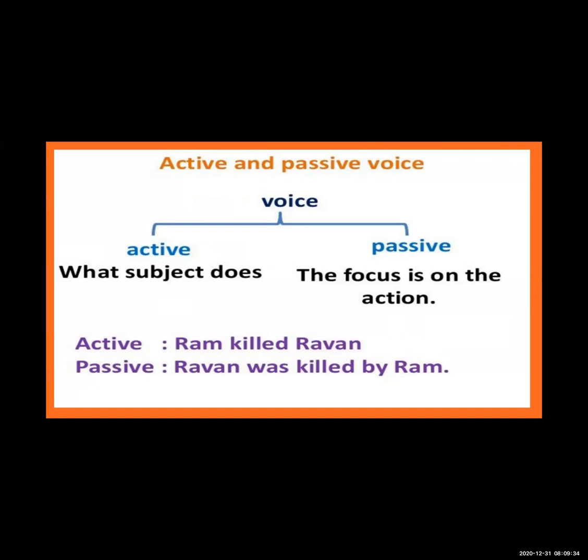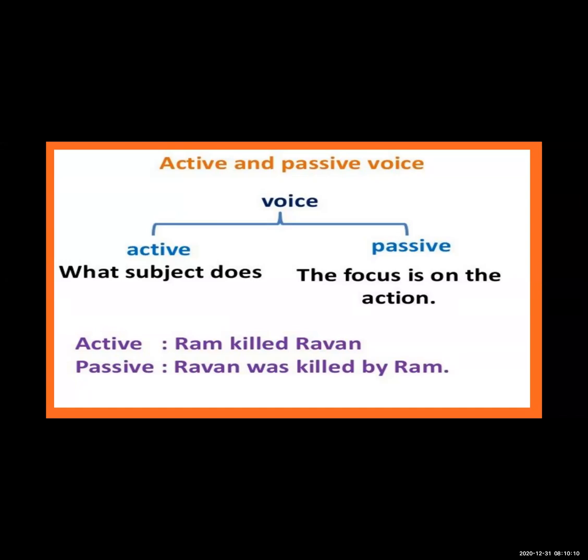So who is the person who is doing the action of killing? That is Ram. So Ram is the person who is doing the action of killing to Ravana. Because of that, Ram will become the subject and killed will be the verb and Ravana will be the object. And killed is in the ed participle form. That I will tell you again. First just try to understand the basic structure and what active means and what passive means.